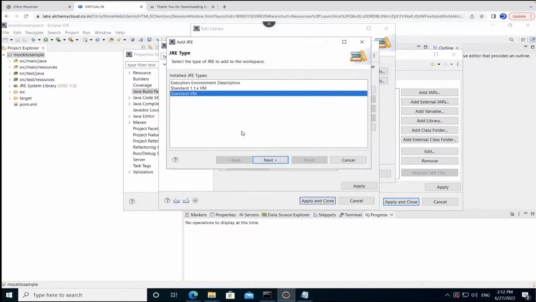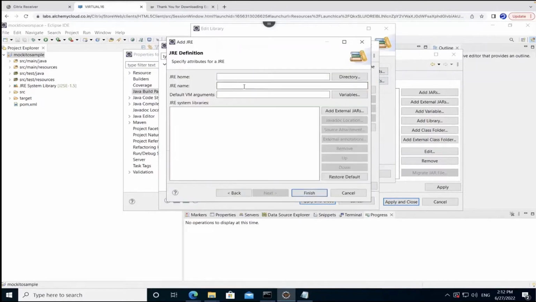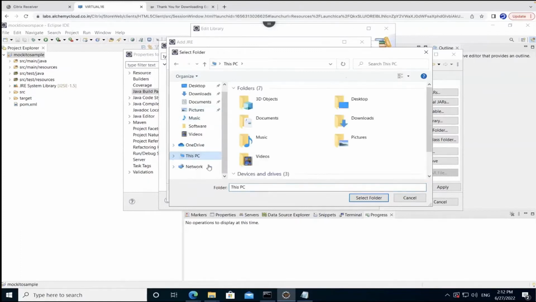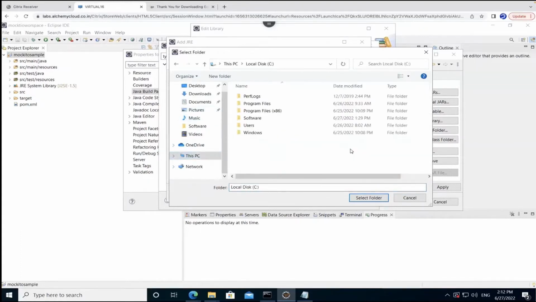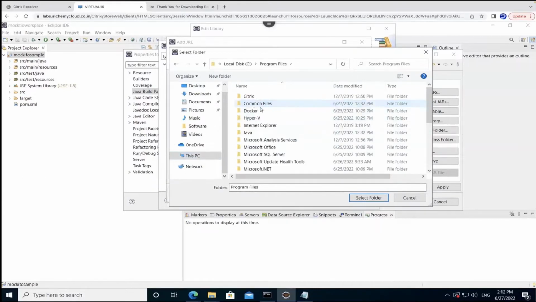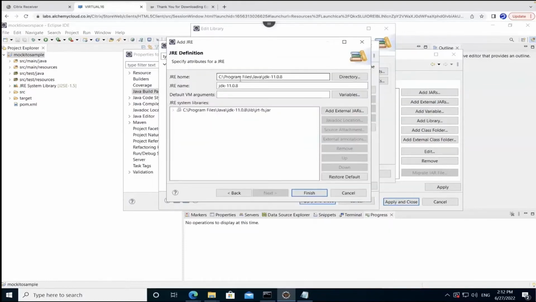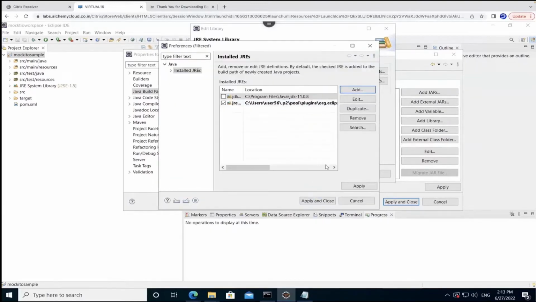I'll keep standard VM, click on next. Now this is the place where I have to select my directory where I have JDK 11 installed. I'll click on directory. I'll go to This PC and I have here my C drive. I'll click on program files. Not a problem whether it is JRE or JDK. I'll select here JDK 11 and select folder. Now once I select here, I'll automatically get the JRE name and all the required libraries will be added. I'll click on finish. I'll click on apply